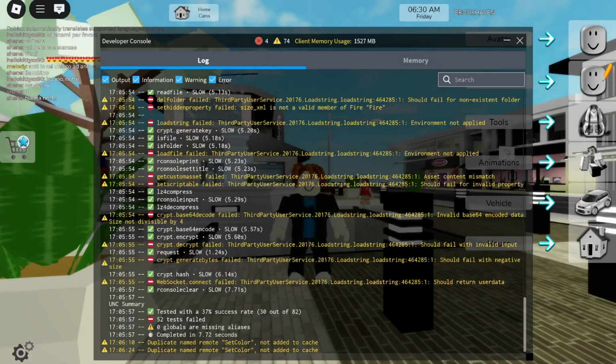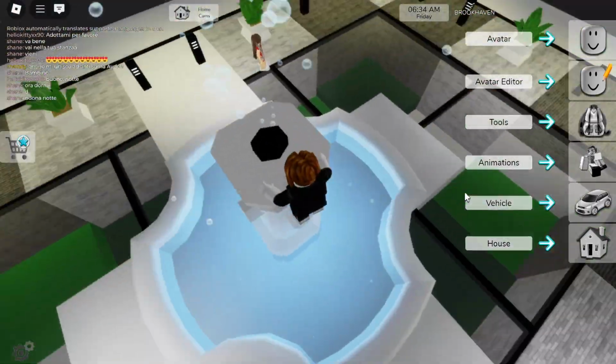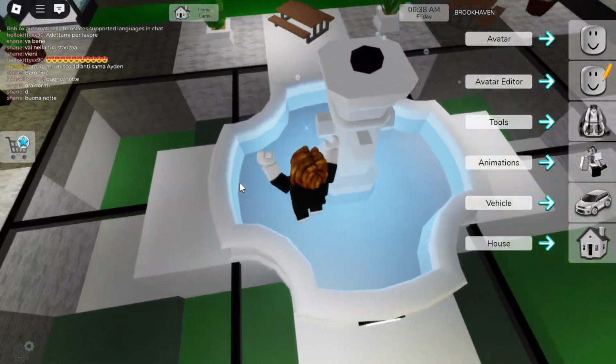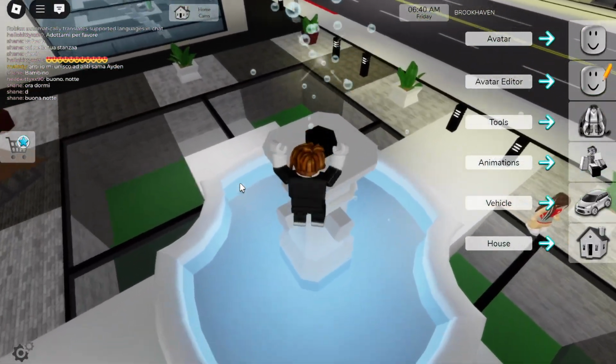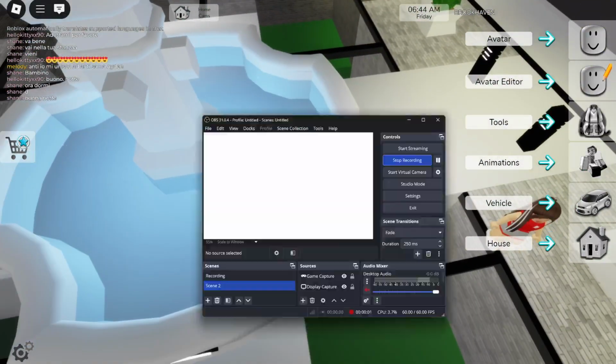So yeah, it does have 37 real UNC, but if you want to use the fake UNC, it's gonna have only 80 or more UNC. Yeah. So yeah, it's gonna be it. Bye bye.